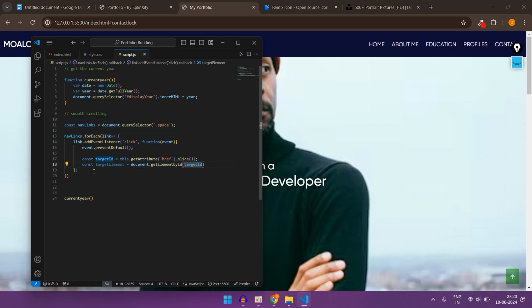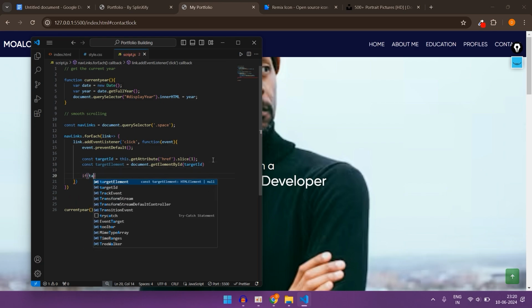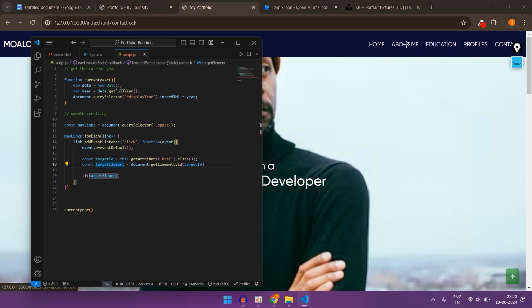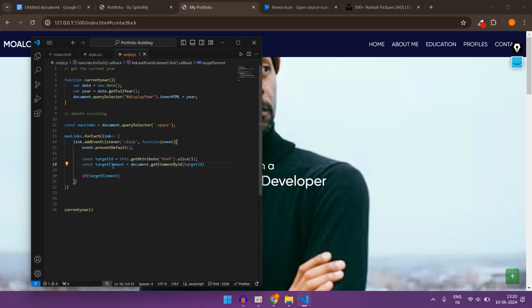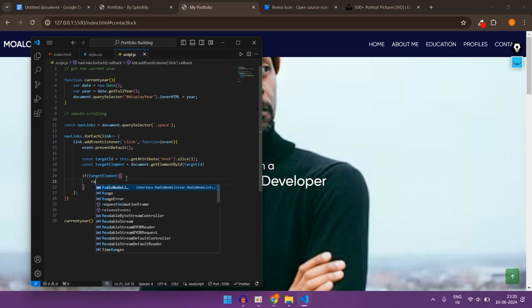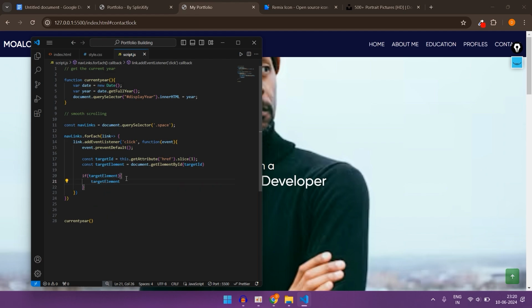Next we'll use a condition statement. If target element, meaning if we get any element. So whenever someone clicks, we get the whole thing, then we remove the hash, we just take the ID and pass the ID to this variable. If there is any element inside it, then we'll go to that element. Target element dot scroll,